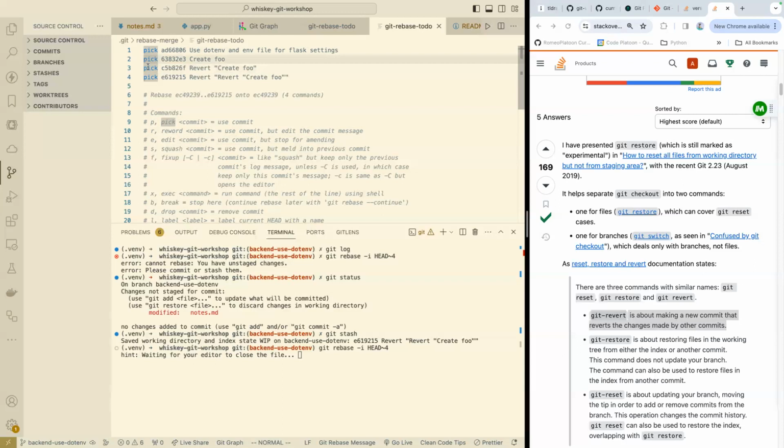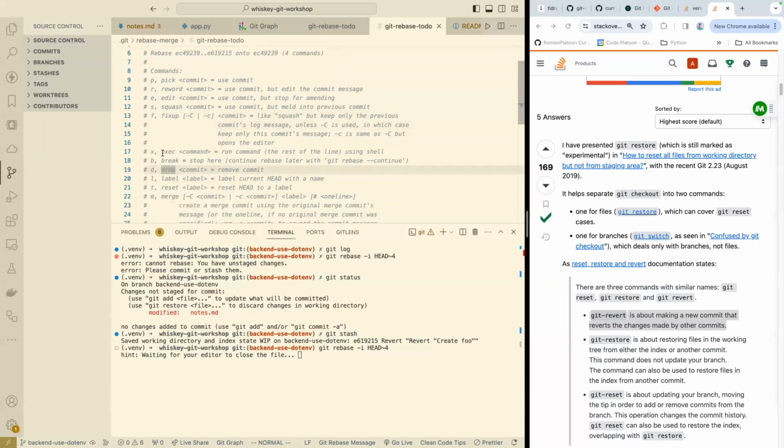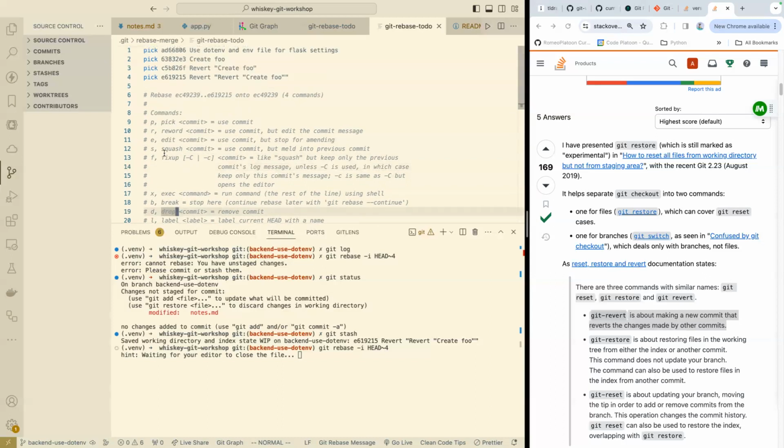Pick means we're keeping the commit. Reword means I'm just going to change the commit message. Squash means, as it says here, combine this with the previous commit. Fixup, I don't quite understand. I never honestly use any of these other ones. Drop would mean remove the commit entirely. It does all this stuff, but like 90% of the time, what you do is